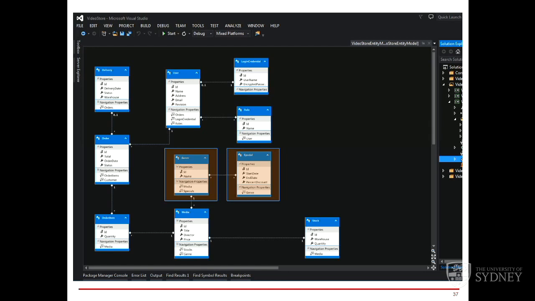They can have many, right? They can like many books. What's the relationship between a book and a customer? Customers can buy many books. Books can be bought by many customers. So that's a many-to-many relationship there.